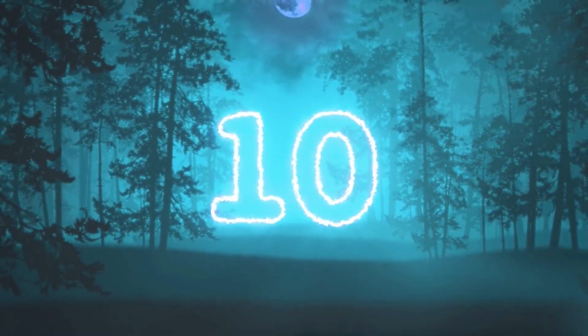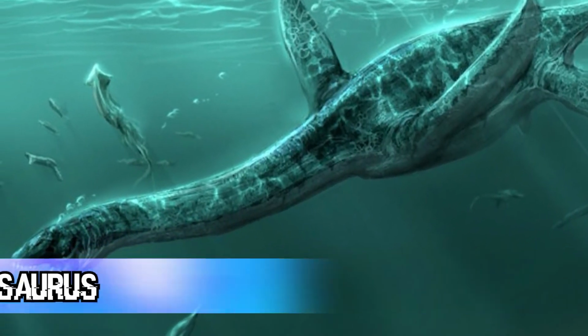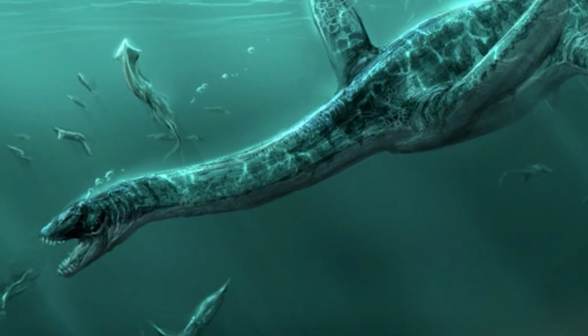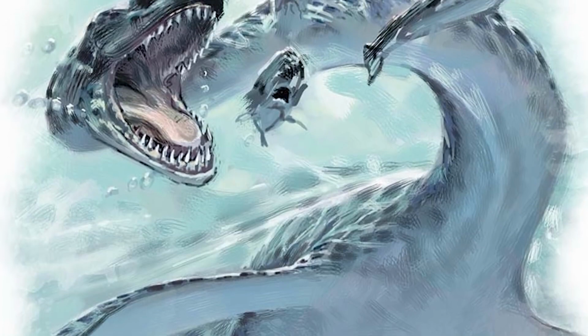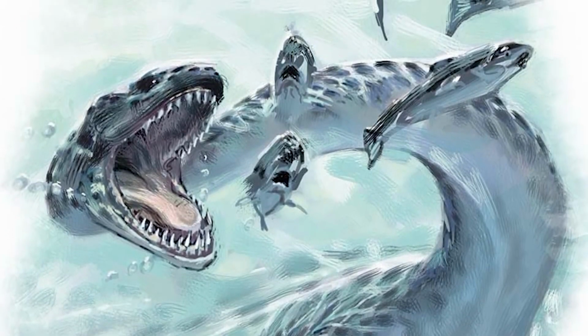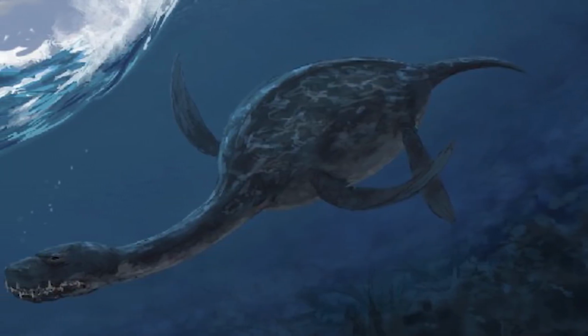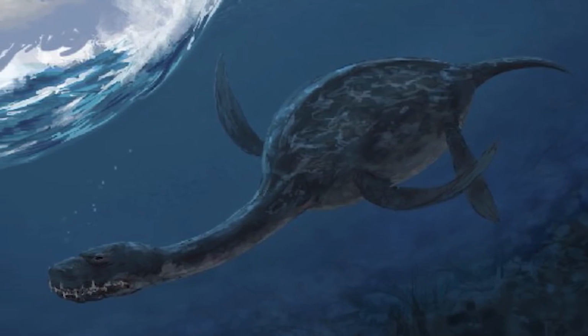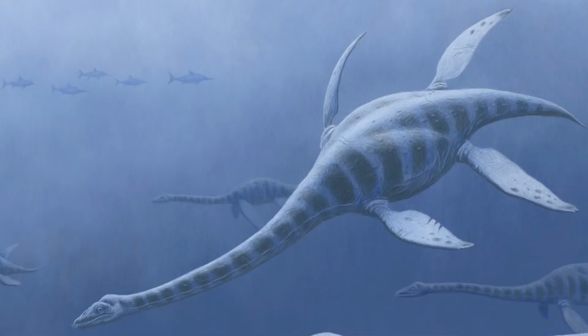Starting off in our number 10 spot, we have the plesiosaurus. These guys are a prehistoric creature that was massive and grew to be about 43 feet long. They had these super long necks that basically took up like half of their body, and even though they were so massive, they had no trouble moving efficiently through the water. These creatures had 4 flippers, so our best guess as to how they swam would be sort of like a penguin, with their front limbs doing most of the work while the back ones kind of take hold of the